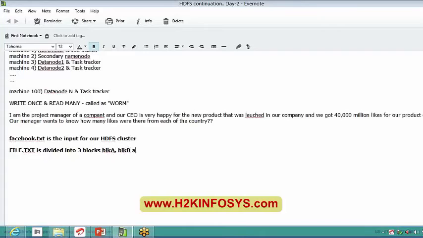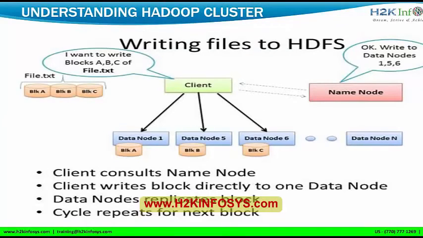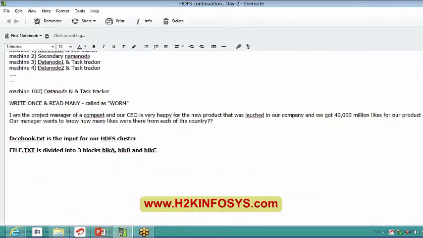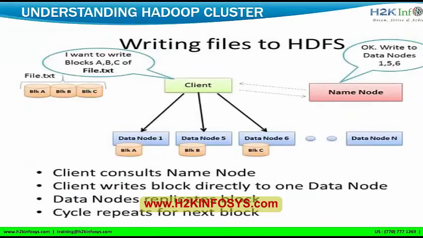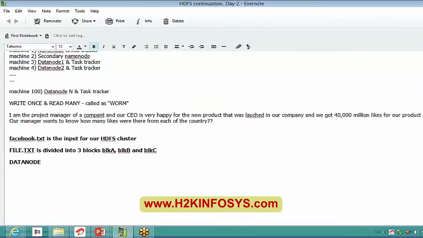Block B and blocks. So after writing and after getting the instructions from the main node and after writing the blocks into data node 1, the typical data node will look like this: data node 1 will contain block A,